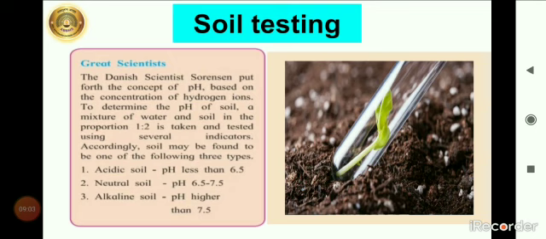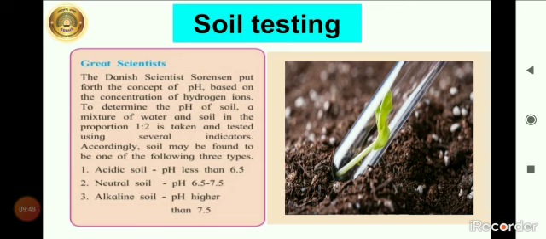Next is soil testing. Soil testing is important from the point of view of farmers. The farmer wants a good produce from his crops. By testing the soil, he understands the constituents of soil in his farm. The proportions of the various ingredients of soil can be determined by soil testing. During soil testing, it is examined for color, texture and the proportion of organic matter. Soil is tested to find out if there is a deficiency of any ingredients and to decide the measures that should be taken to remove the deficiency.